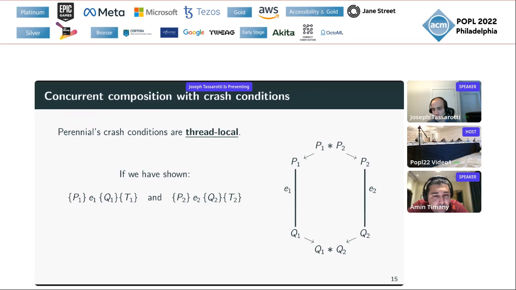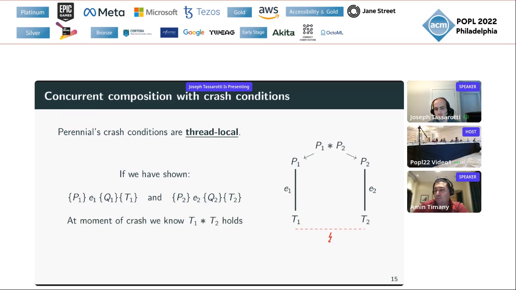But if we are interrupted by a crash, well, at the moment the crash happens, from the crash conditions that we've proven about E1 and E2, we know that the resources of E1 satisfy T1 and the resources of E2 satisfy T2. So at the moment that the crash happens, or you could think like just before the crash takes effect, we'll know T1 star T2 holds. All right, so this is now enabled to describe an intermediate state of the system that could be exposed by a crash.